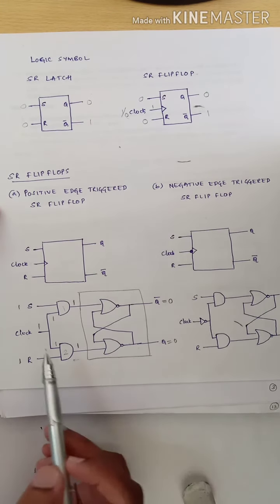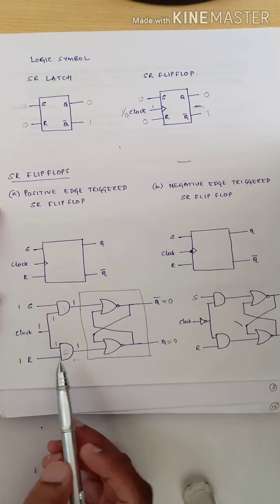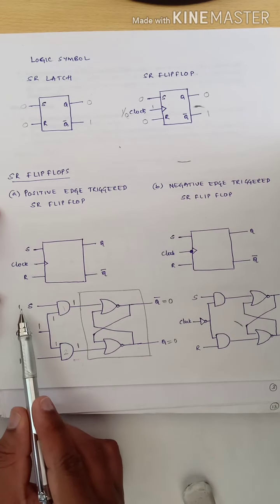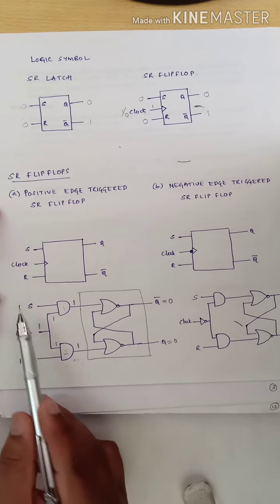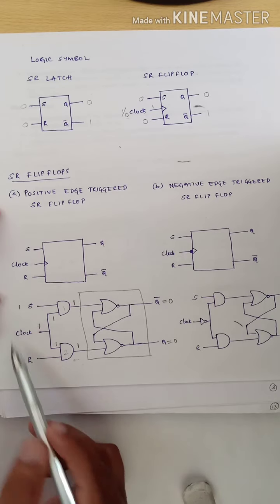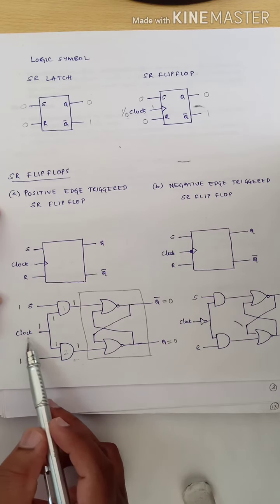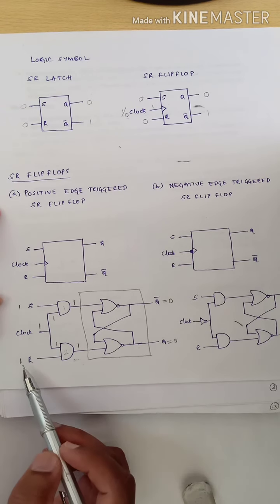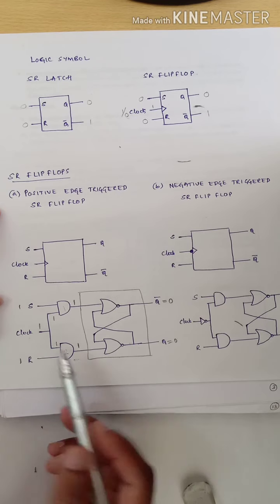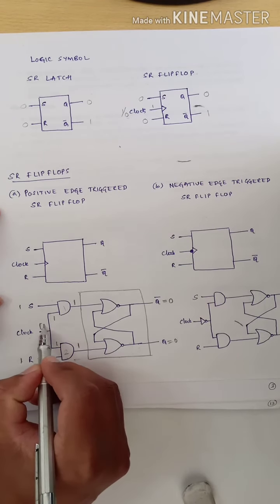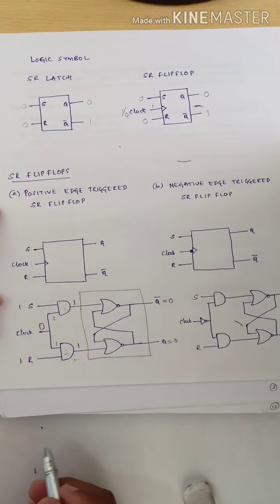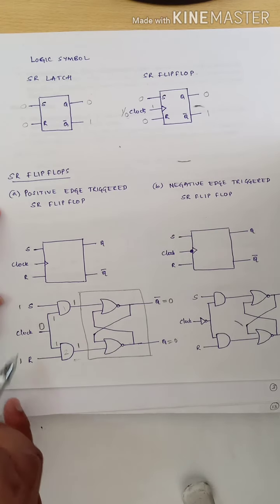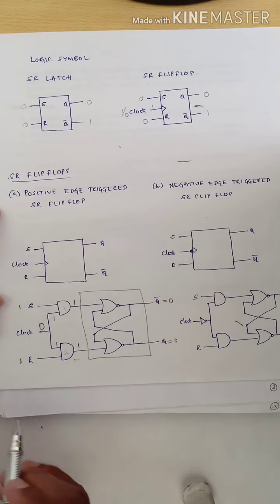Till now we have seen the working of this SR flip-flop by considering 4 different combinations of the inputs, like 0 0, 0 1, 1 0 and 1 1, by keeping the clock input as high. Now we will see what will happen if we keep the clock input as 0. Let us assume the same combination, let us say both S and R are 1 1, and now the clock input is equal to 0.